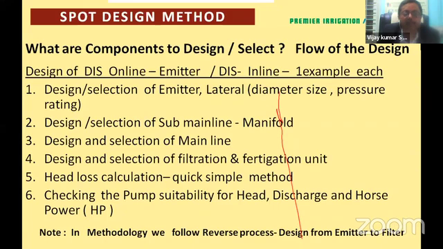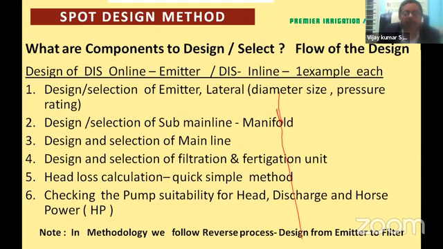And also check what is the head loss calculation, which is quite complicated. I have made it very simple. I will teach you a simple method wherein you can do the calculation quickly. And finally, we will check whether the existing pump in your plot is suitable in terms of head, discharge, and